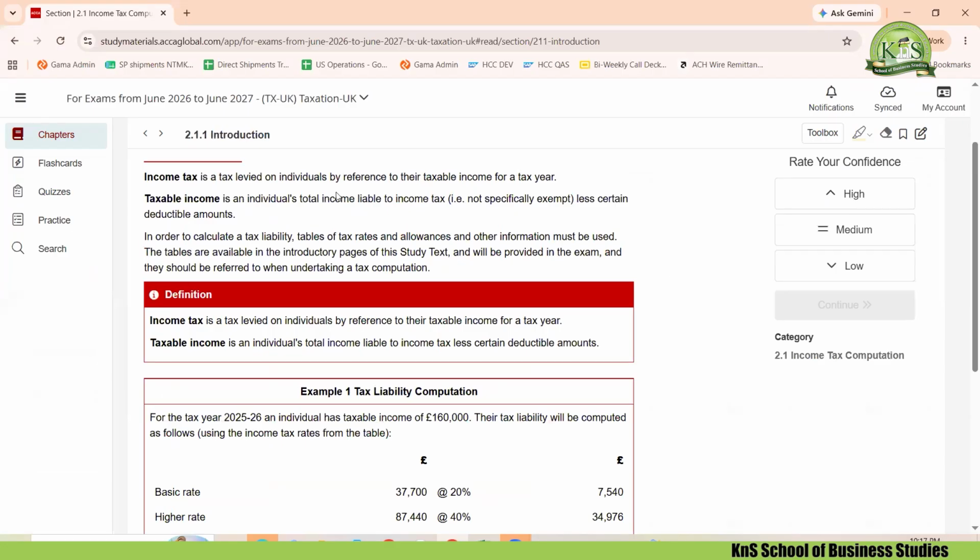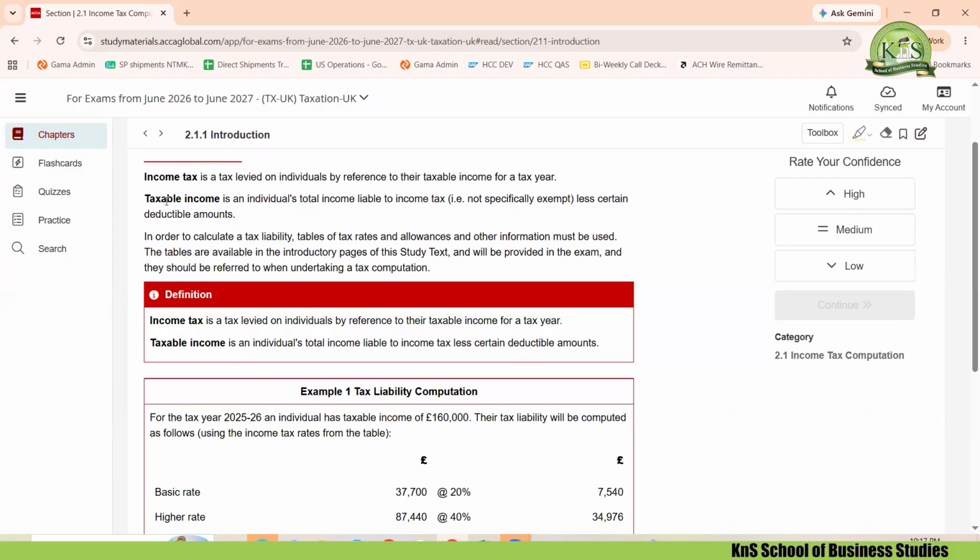So what is income tax? Every individual who is doing a job, who is doing a business, who has some property, savings income, dividend income, they all are going to pay income tax. Income tax doesn't only mean that you are paying tax if you are employed. Even if you are not employed but you are self-employed, or you are doing any sort of work, you are earning, you have any source of income, you will pay income tax. Now how will you pay the income tax?